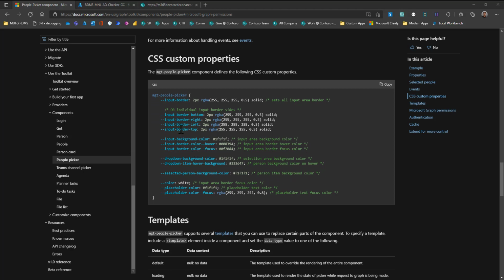This is the best practice. You can even find the correct class from the developer tool and customize it, but that is not recommended. At any point of time, they may change the class name or they may change how it is rendered. So better follow these properties to customize the control.